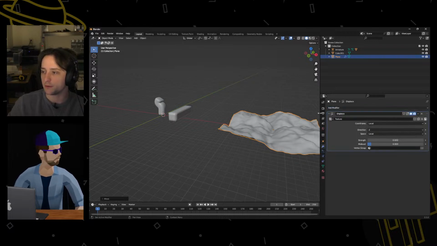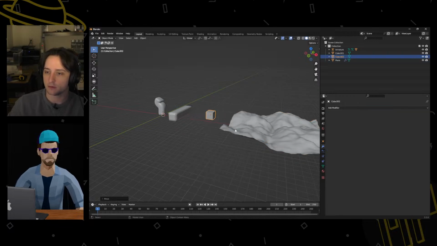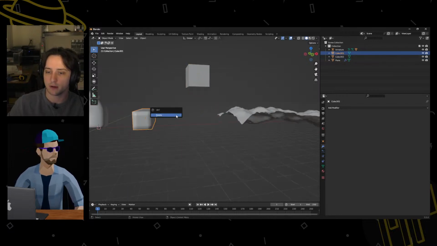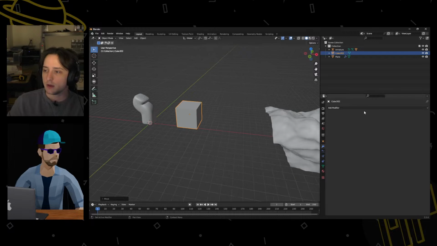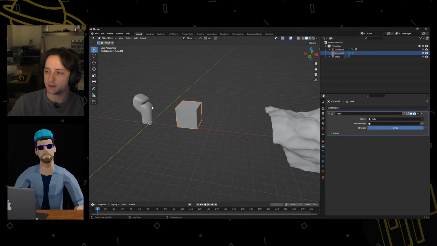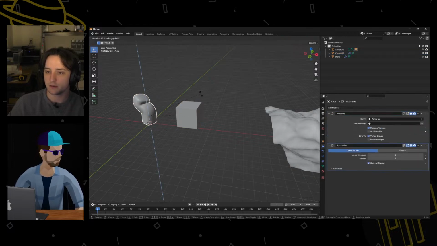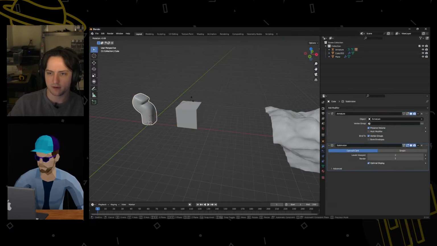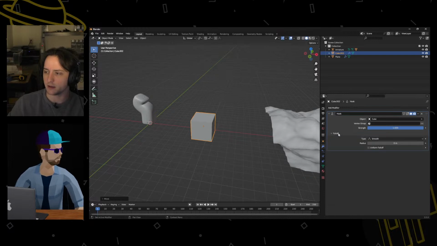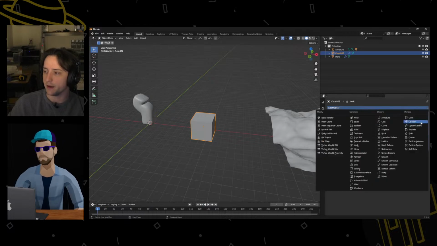The hook. Let's get out a cube. Quite a few objects going this time, but I want to save some because we're going to need some for physics later on. I don't want this one though. So the hook modifier, this one is one that I don't really use too often, but I forget exactly. I think that it's a physics-based thing. If I remember right, let's just go in here real quick and add in a